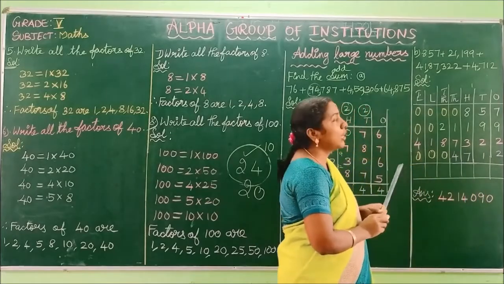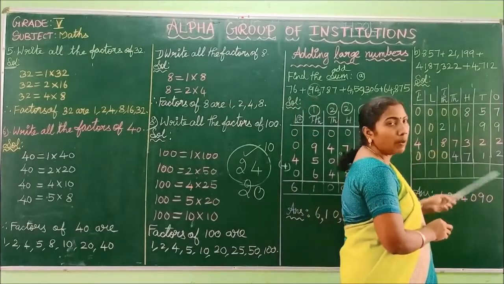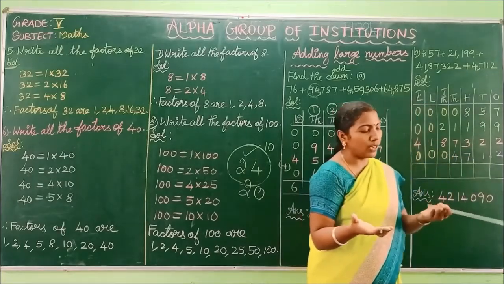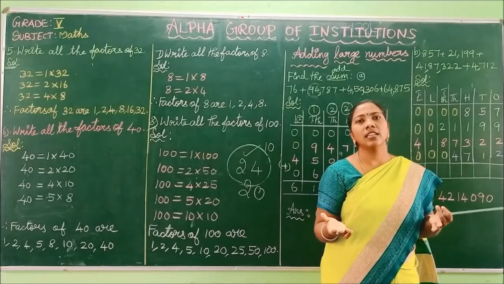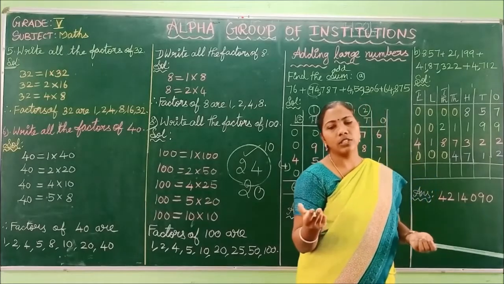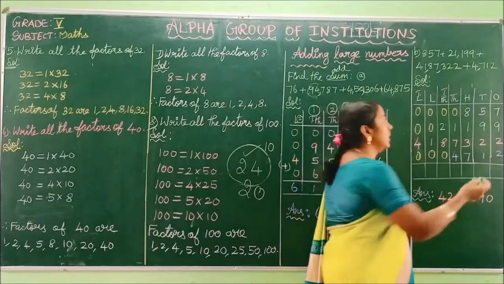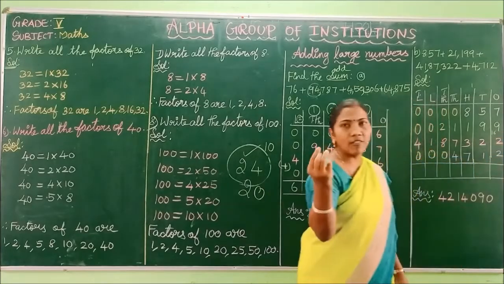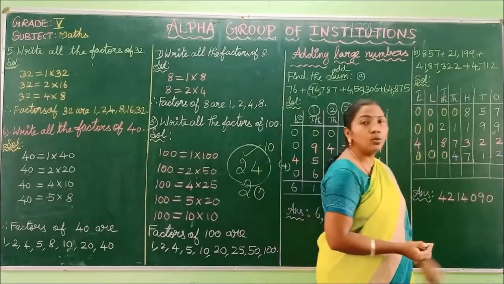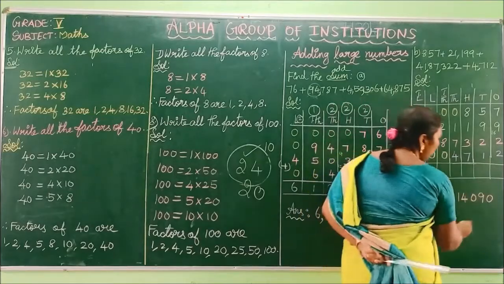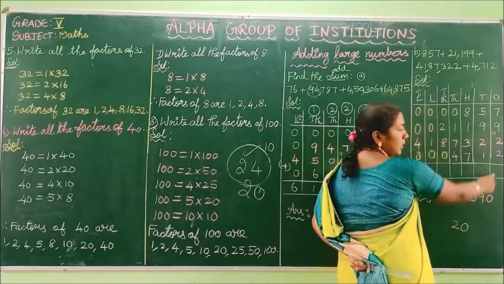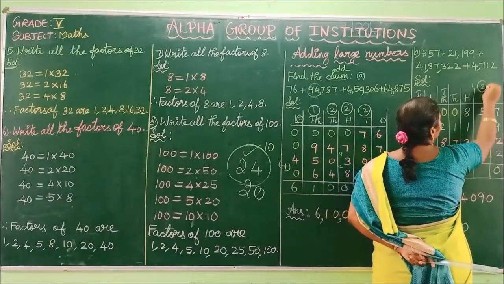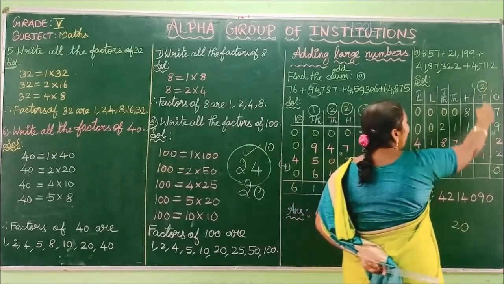Do you understand children? Now we are going to add this number. Okay, 7 plus 9. 7 in the mind, 9 on the finger. So after 7, 8, 9, 10, 11, 12, 13, 14, 15, 16. Thus we got 16. 16 plus 2, 17, 18. 18 plus 2, 20. So for 20, you have to write the 0 below. So I have to write 0 here and the 2 you have to write above